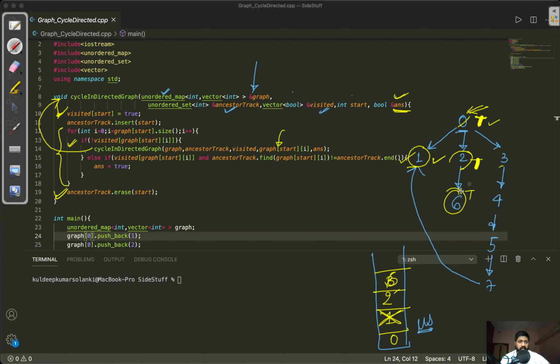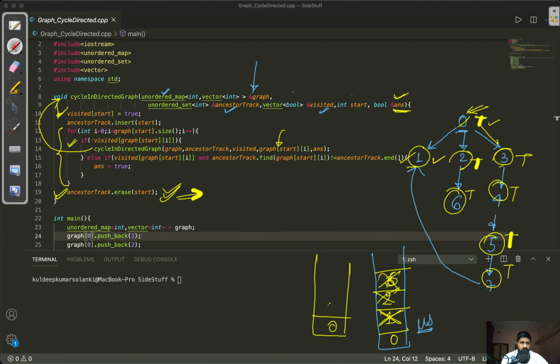Once it's visited and we backtrack, we remove it from the unordered set using this statement. Okay. Likewise, we visit 3, 4, 5 and 7 and make visited of all of these as 2 and insert 3, 4, 5 and 7 into our unordered set.